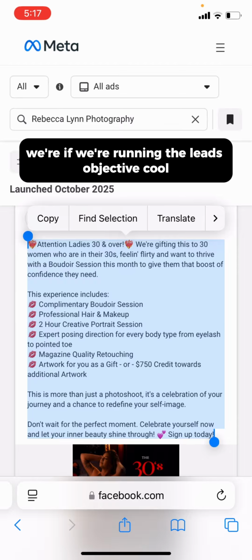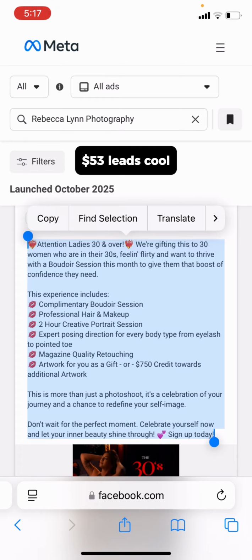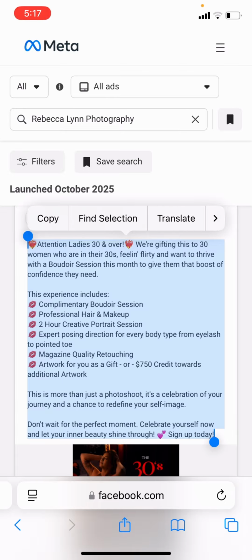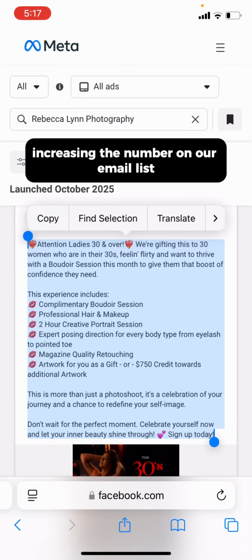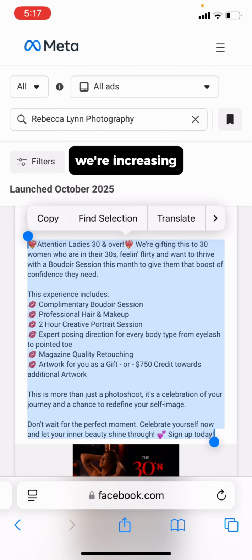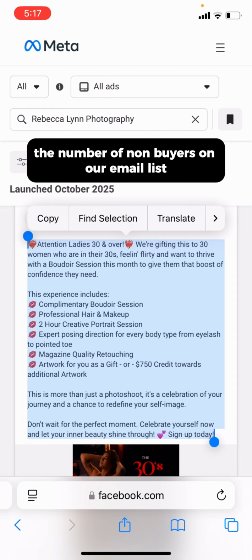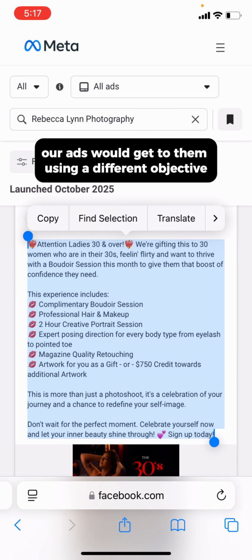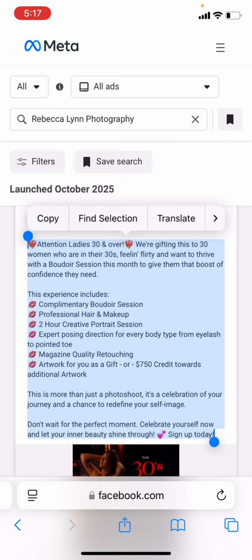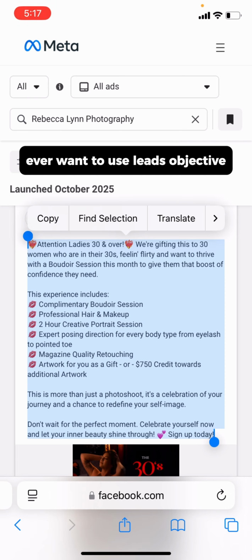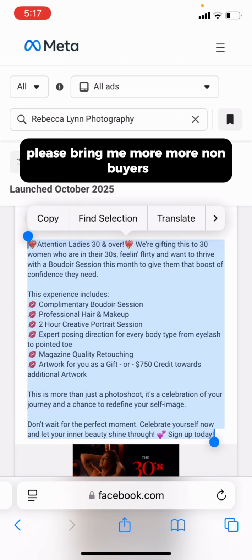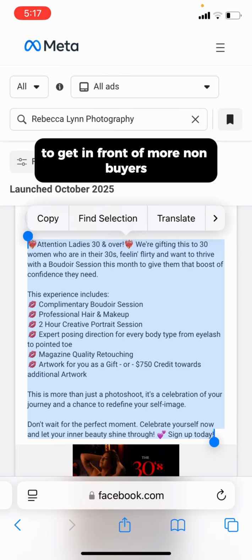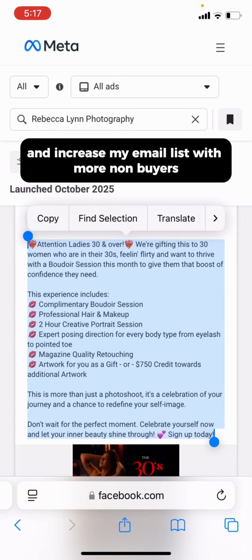So, okay, if we're running the leads objective, cool, we're getting $1, $1.50, $2.50, $3 leads. Cool, cool, cool. Increasing the number on our email list, but we're increasing the number of non-buyers on our email list who will never ever buy because they're lead form fillers. They're not buyers. If they were buyers, our ads would get to them using a different objective. This is why we never, ever, ever want to use the leads objective. It's like we're saying, yes, Meta, please bring me more non-buyers. I want to spend more money to get in front of more non-buyers